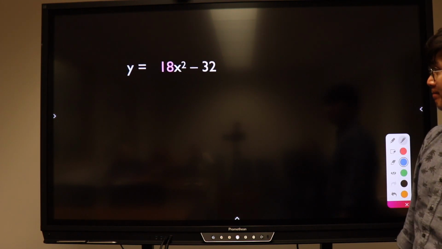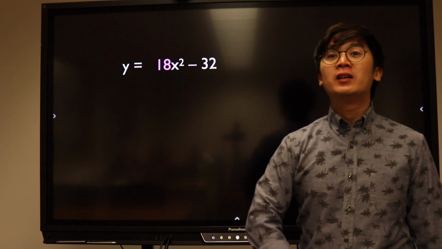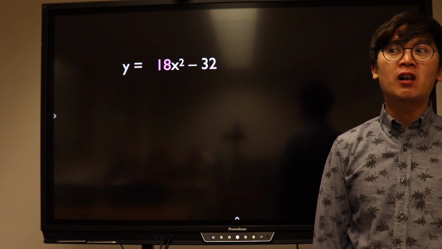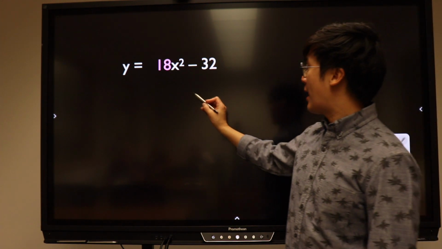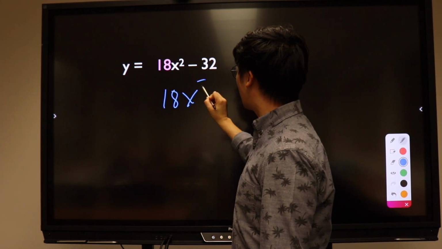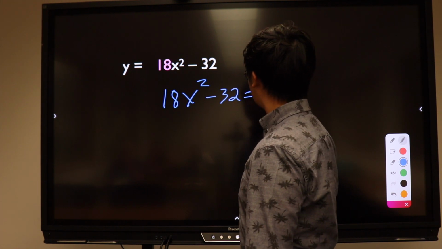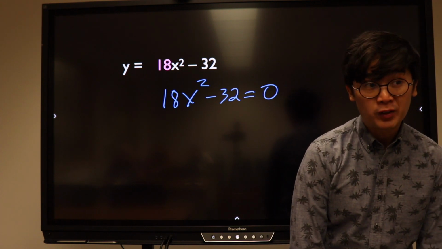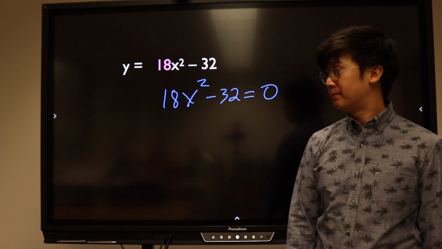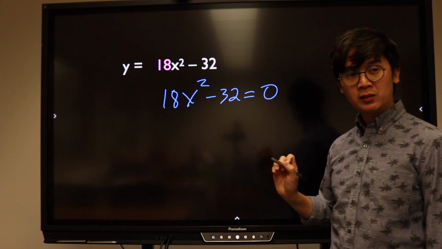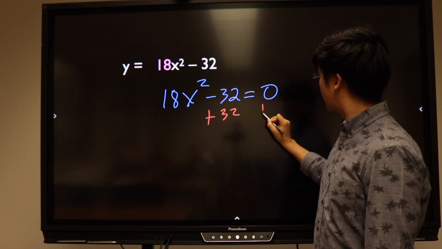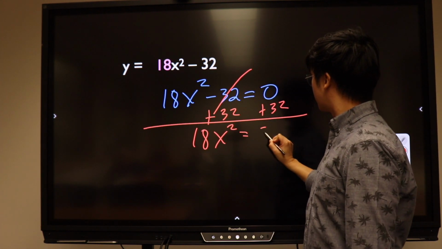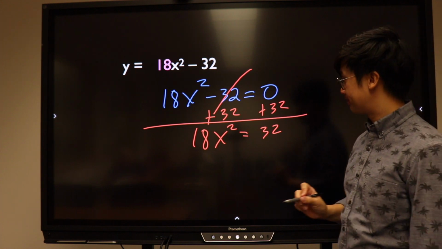Alright. How about here? When you see this type of problem, you don't need to factor, but you can use it, or you can solve it by regularly solving for x just like a linear function. Solve for x using the square root property. What will be your first move? Minus 32? Or plus 32? Next move? Square, or divide